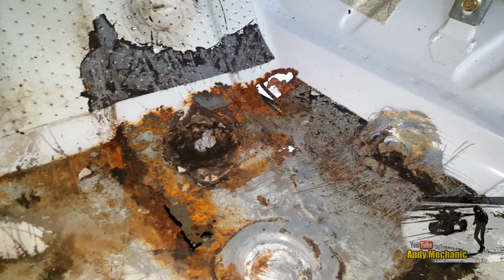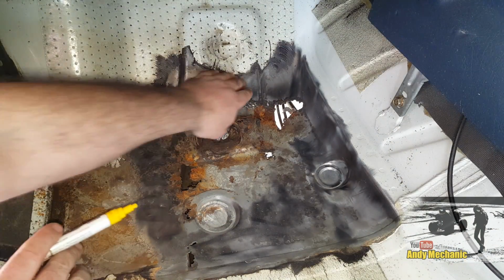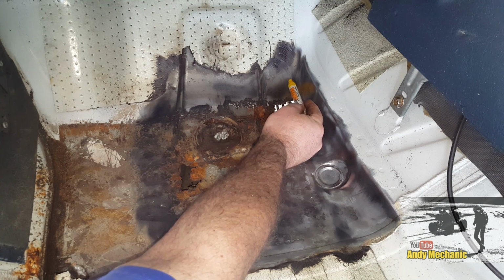Right, so the first job now is to go around with a really aggressive wire brush on the angle grinder and clean up and to mark out where we intend to cover with plate. Right, let's get to it. So we've gone around and we've cleaned up all the metalwork so we can get some nice good contact when we're welding. And I think basically we're going to have to come across here,